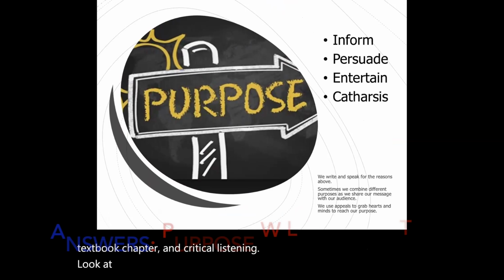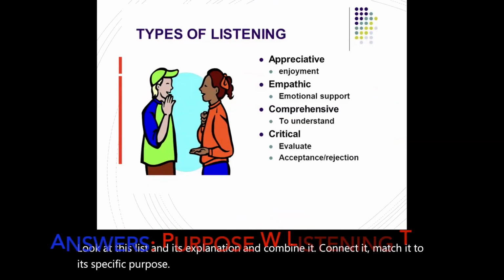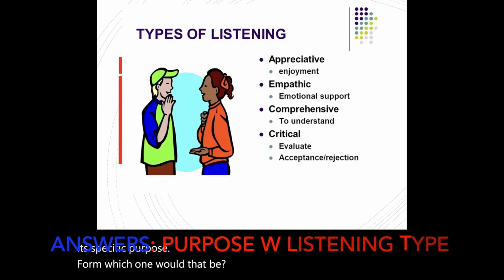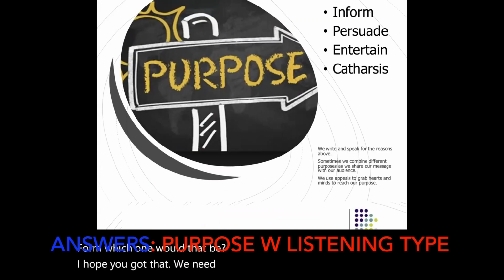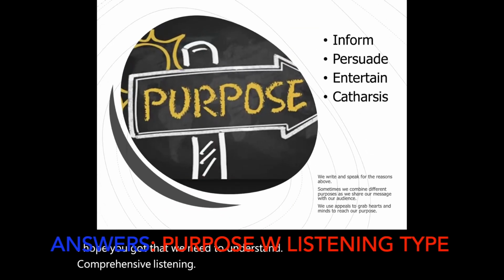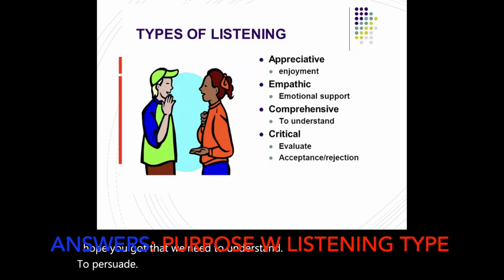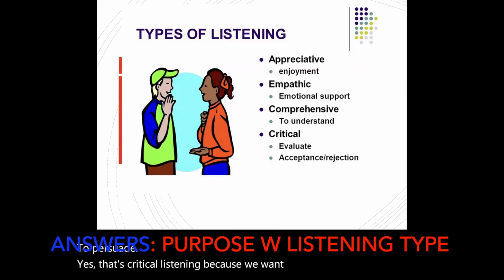To inform, I hope you got that we need to understand. Comprehensive listening. To persuade, yes, that's critical listening, because we want people to evaluate on their own, use their critical